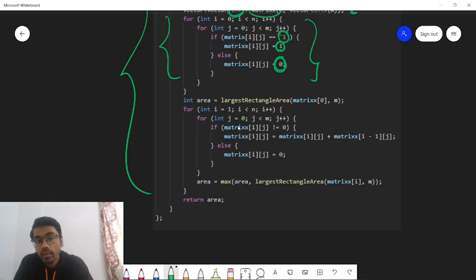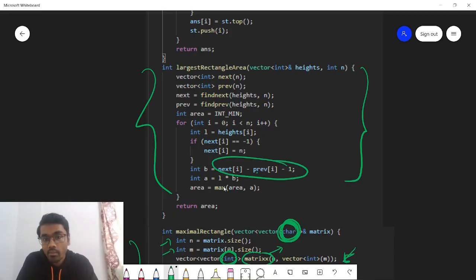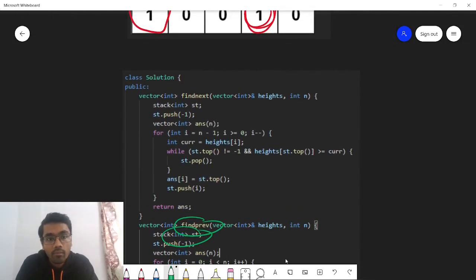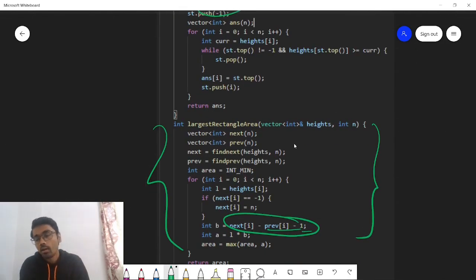Now we need to calculate the largest area. So this is the histogram function that we are calling. Let me just show you. Yes, this is the main function of the largest rectangle in the histogram. This is the same code which I have just told you, next of i minus previous of i. The same concept is being used: find prev using stacks, then find next using stacks, the next smaller element and all that. So we are just using that to get the largest rectangle for this particular